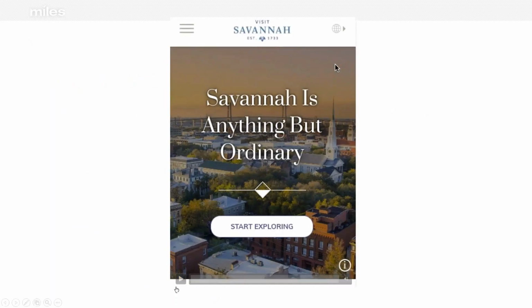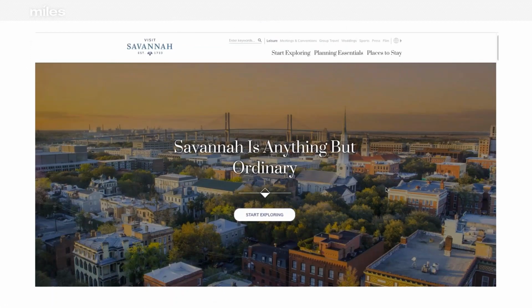So an example here is our Savannah site that we just launched. And if you look here, you can really see that that mobile experience absolutely maintains the same feeling as the